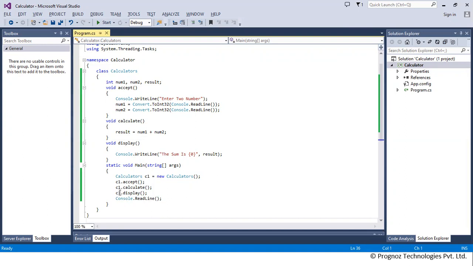Vivek, what is the name of the object? C1. Kunal, name of the object?